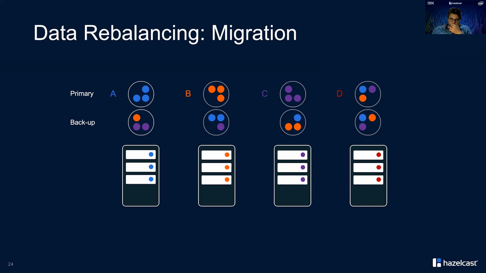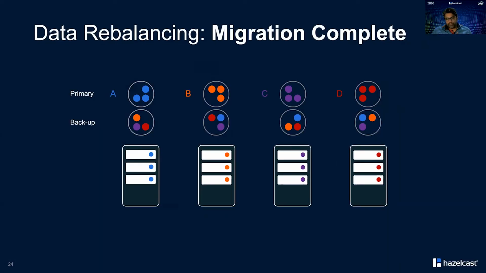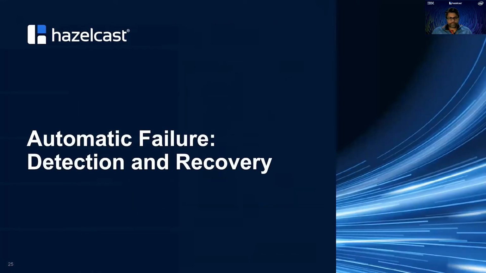So once the partition distribution is complete, in a way that all the partitions are distributed equally across all the nodes in the cluster, the migration is considered complete, and the cluster is scaled up to 4 nodes from 3 nodes. And in all of this process of migration or rebalancing of the data, you do not require any manual intervention. All of this happens automatically behind the scenes.